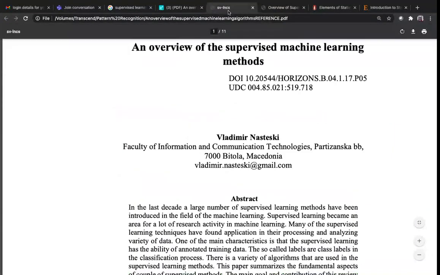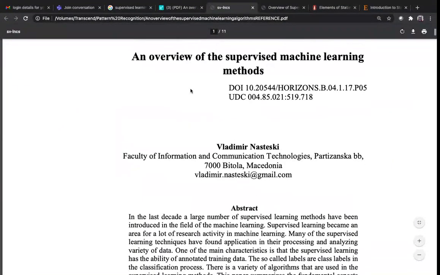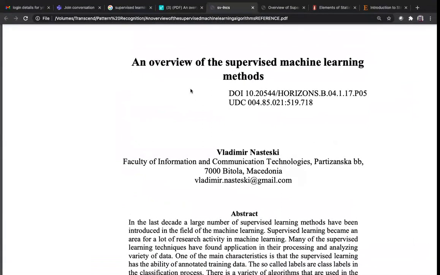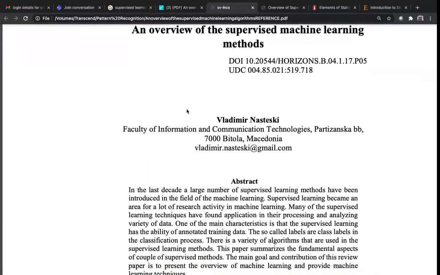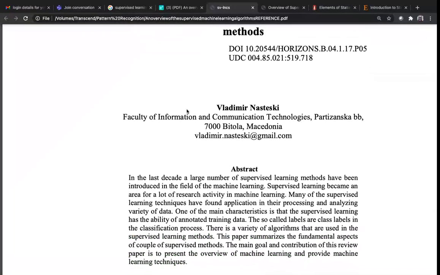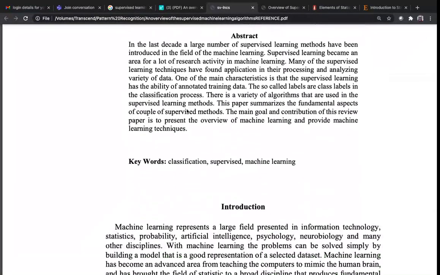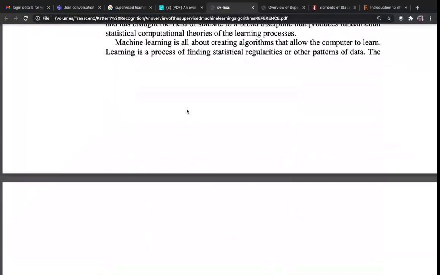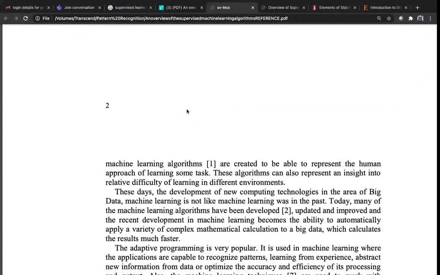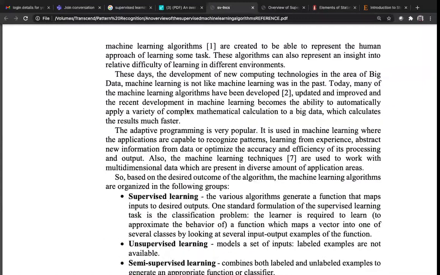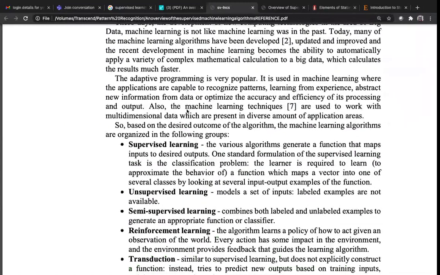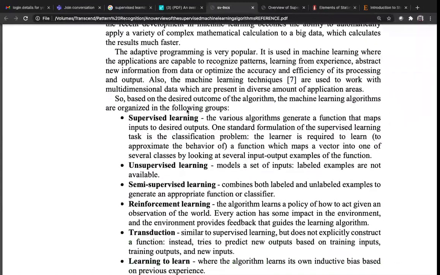Sorry, not this one. Okay, here I have found one of the references, which is just to give you some overview of what is there in literature. More or less, we have gone along in that way. Okay, so in this overview, this is visible, isn't it? Yes, sir, it is visible.